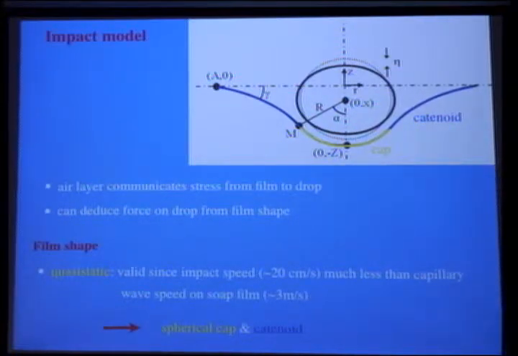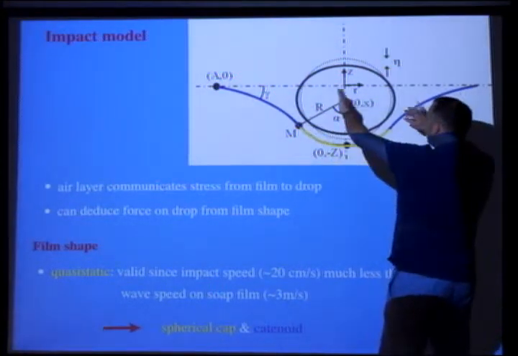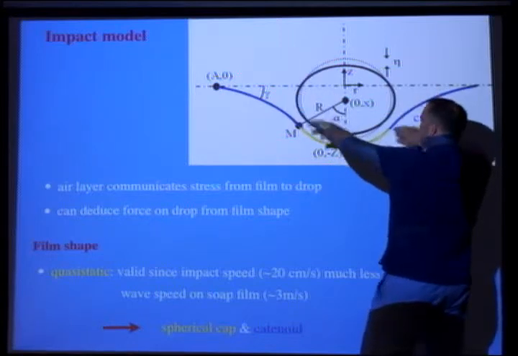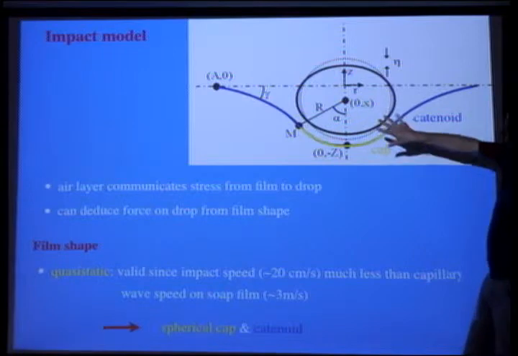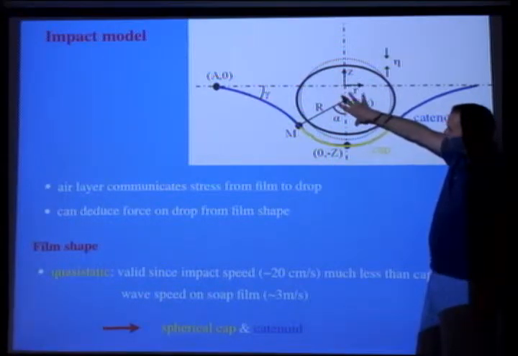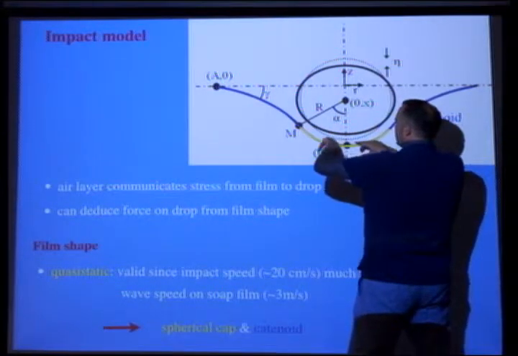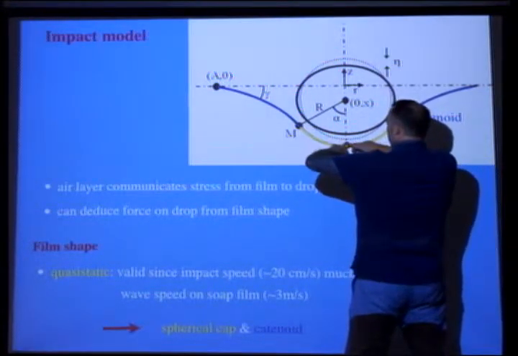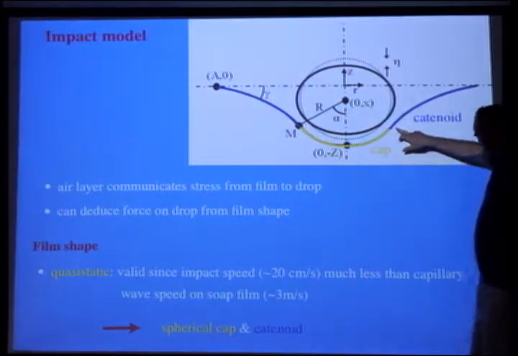Okay, and so that turns out to be true, and it's true because basically the wave speed on soap films is very high. It's about 3 meters per second, and so if our motion is much smaller than that, these waves basically go off immediately and communicate information to the walls and back. And so you basically just have this thing responds quasi-statically. So again, you tell me the position of the drop, and then you calculate the interface by finding the minimal surface. Right? It's a soap film.